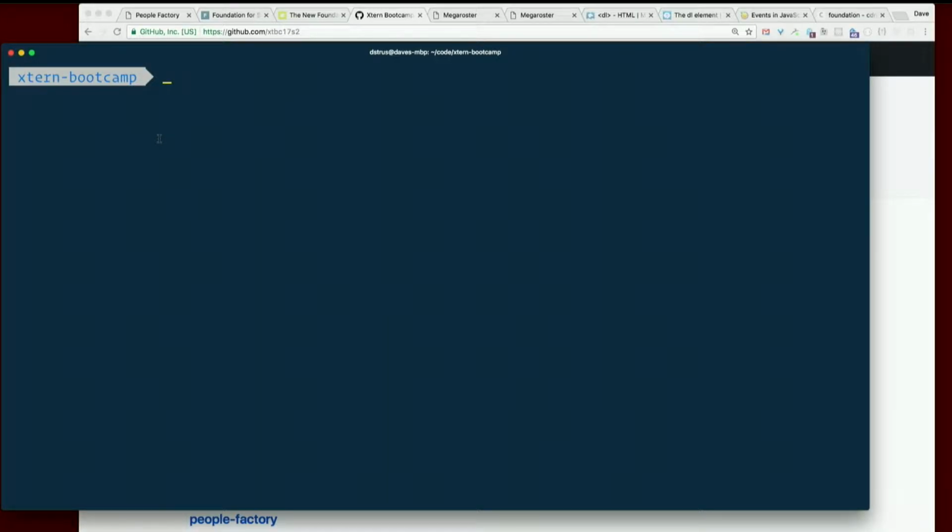Project. Make sure you are in your extern bootcamp folder. Do not do this inside People Factory. You don't want to create Dinoplasty inside People Factory. Git things will get very screwed up. If you're not sure where you are at any time, and your directory isn't part of your prompt, but it